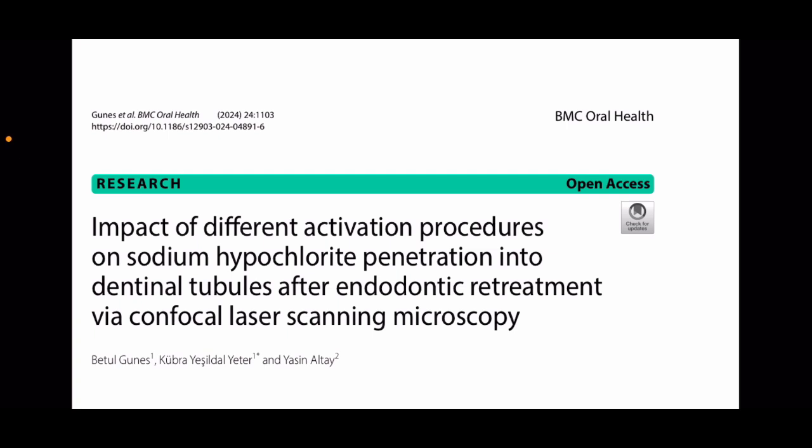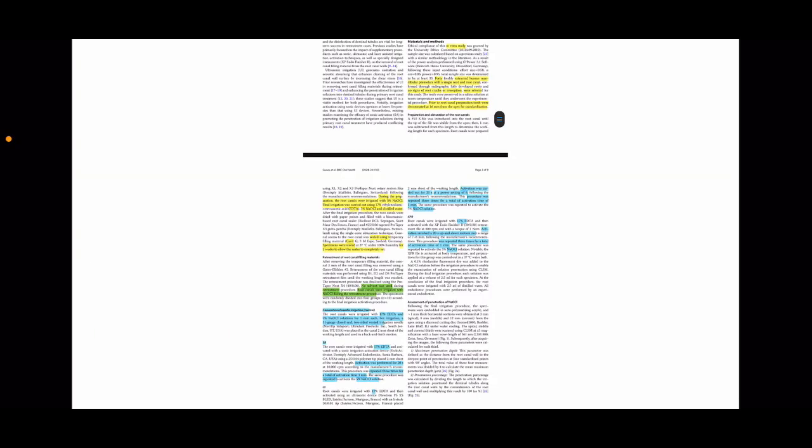So, the aim of this study is to compare the effects of XPR, which is the XP Endofinisher R file, and ultrasonic irrigation and sonic irrigation on the penetration of sodium hypochlorite into the dentinal tubules after retreatment using confocal laser scanning microscopy. So moving on to the materials and methods, 40 freshly extracted human mandibular premolars with a